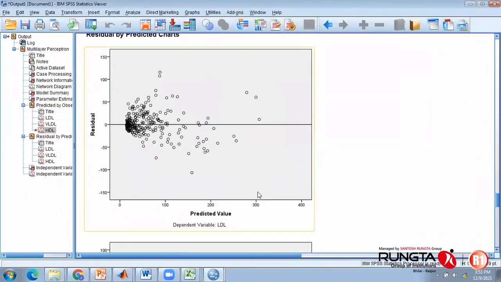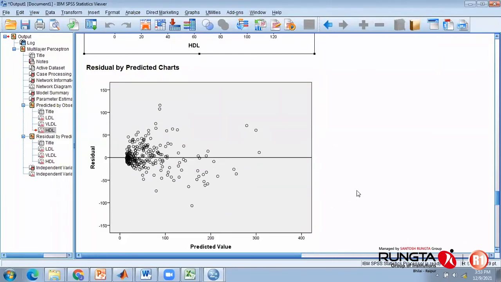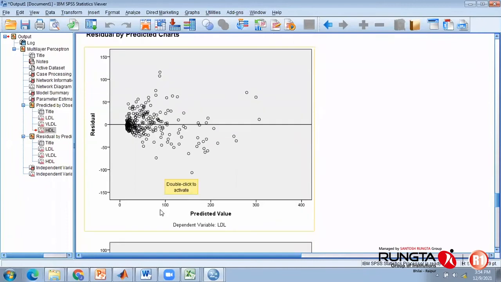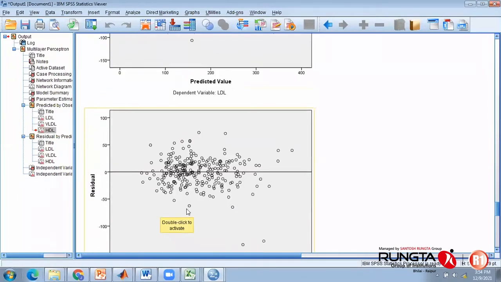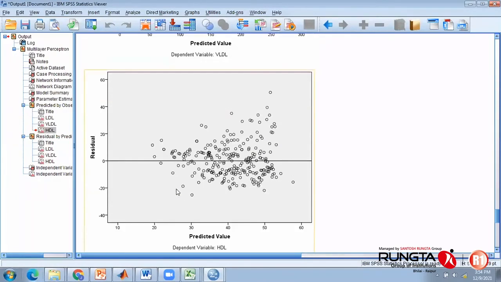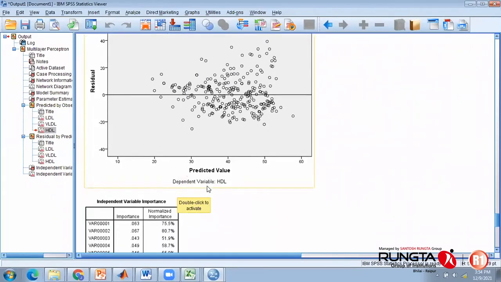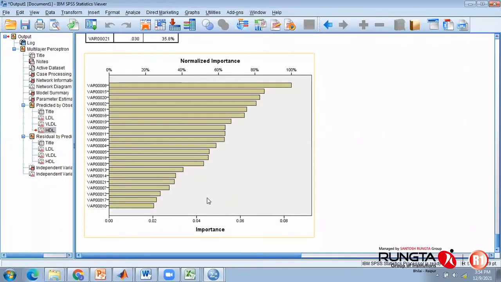These are the residual charts. In case of MATLAB, we used to get the histogram and directly predict it. This is the dispersion of data along the mean line. So obviously, we need even distribution on both sides. This looks okay. This is much better than the previous one. And this is also okay. So this is the method with which we can get it.